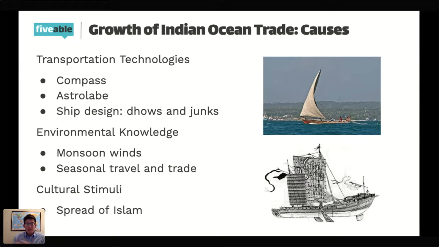The Chinese were especially known for their junk ships that had these large bamboo sails mixed in with other sails and rudders that made, again, shipping faster, more efficient, and safer. The equivalent to new ship designs and technologies in the Indian Ocean, if you think about land trade, might be things like camel saddles or caravanserai along the Silk Roads, if you've been on any of our presentations about that.